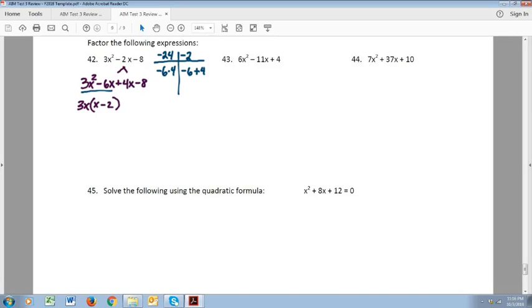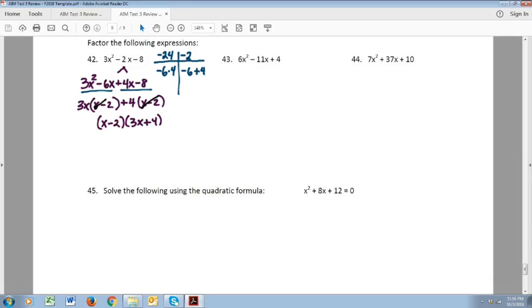And when you factor out a 4 in the next 2 terms, you get 4 times x minus 2. We know that we should always get the same thing inside the parentheses there, and that's what happened there. So we get x minus 2, our common factor, times the leftover part there, which is 3x plus 4. And if you ever needed to check it, you could always FOIL this,